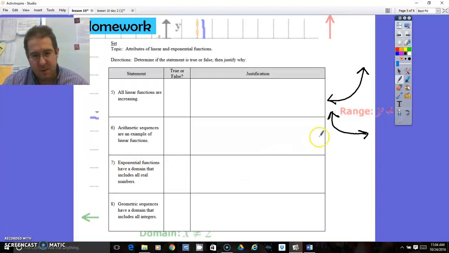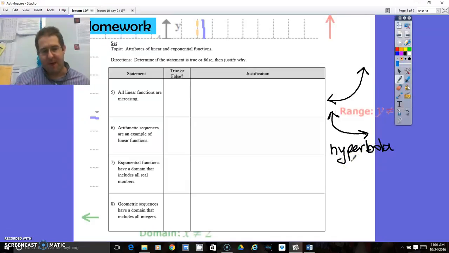And the reason being is because no matter how you draw a hyperbola, yeah, that's what that's called. It's called a hyperbola. No matter where you draw a hyperbola, it's always going to go both left and right infinitely. It's just not going to go up and down infinitely. Because of that, it always has